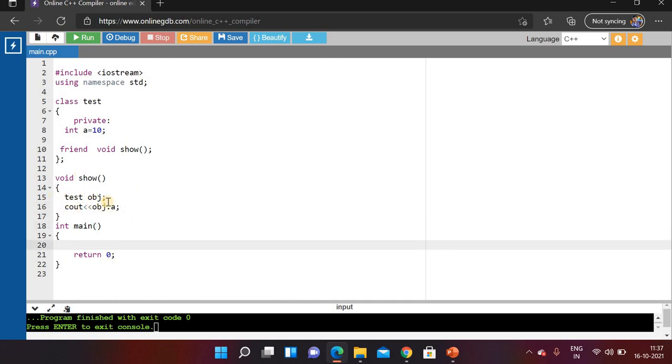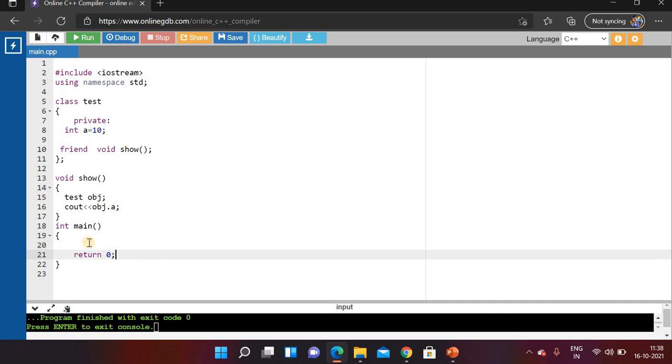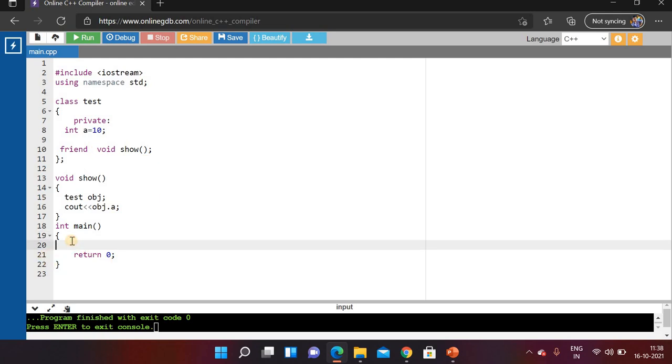So how can we call the show function? The show function can be called from main only, because the program will execute from main. Show is declared within the test class but is not part of the test class, so we do not need to access it by using an object of the test class. We can directly call the show function.